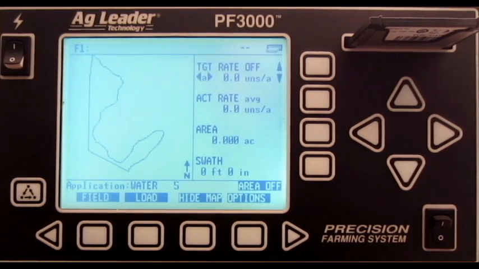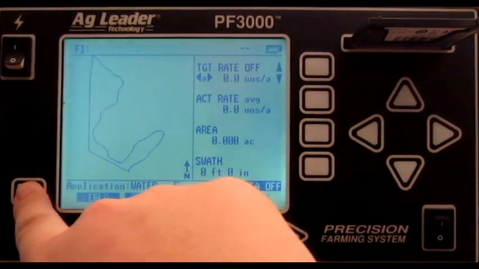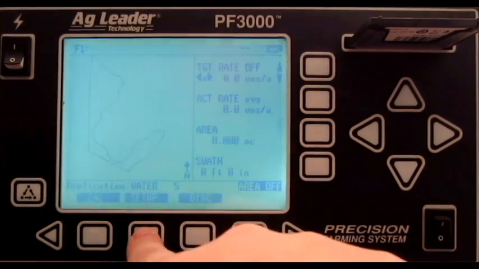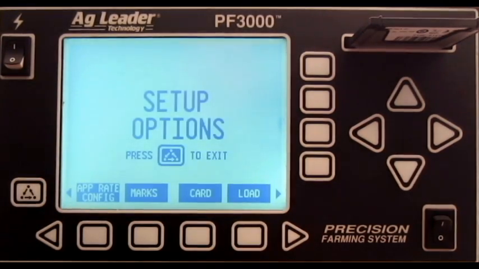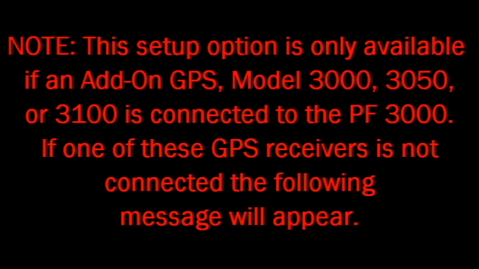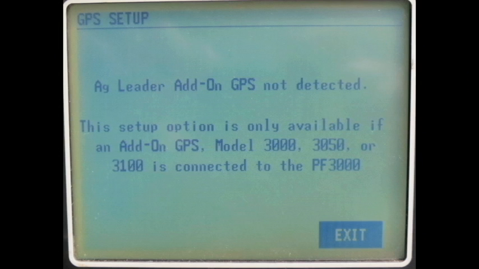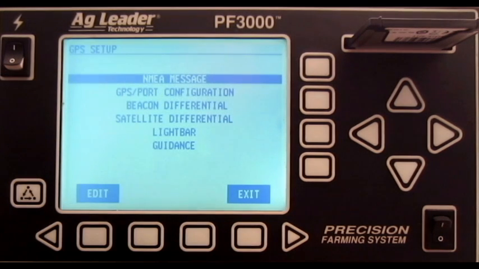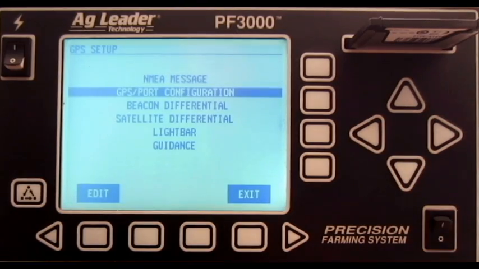To check these rates, press Menu, press Setup, press the right arrow, press GPS, scroll down so that GPS/port configuration is highlighted, press Edit,